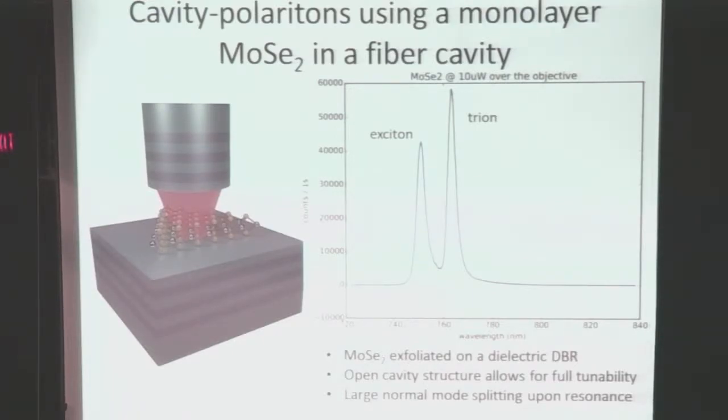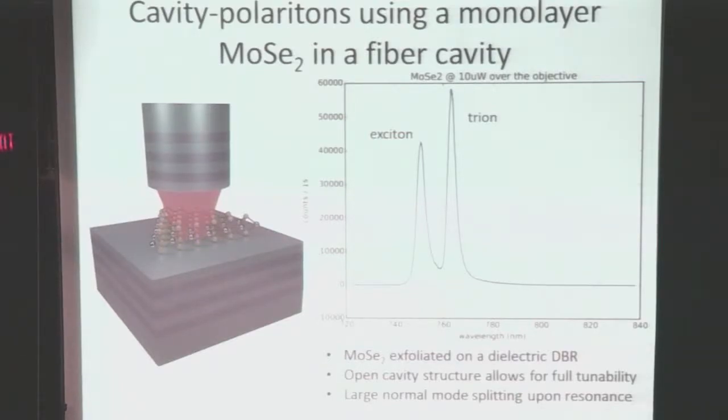The radiative lifetime should lead to a line broadening of about 1.5 milli-electron volts. So in that sense, even though the lines are broad compared to gallium arsenide, they're really comparable to the radiative lifetime. And we typically see two peaks, the exciton and the trion, as a consequence of the inevitable presence of electrons in the system. So what we did is that we took such a flake, a monolayer, and placed it